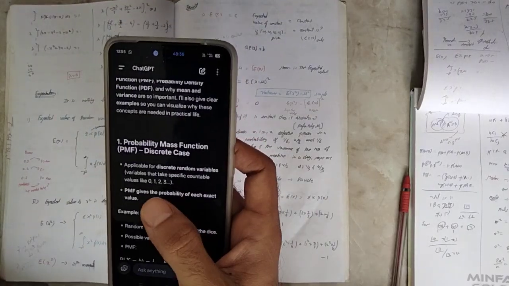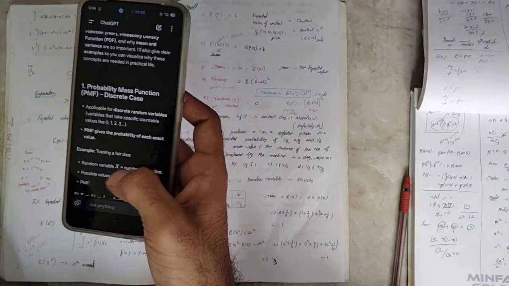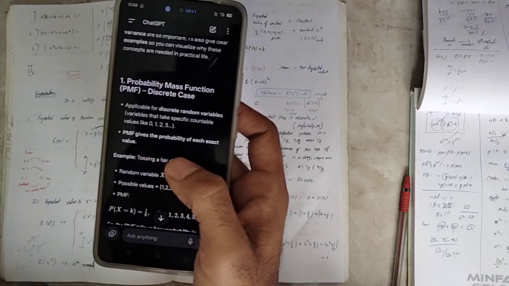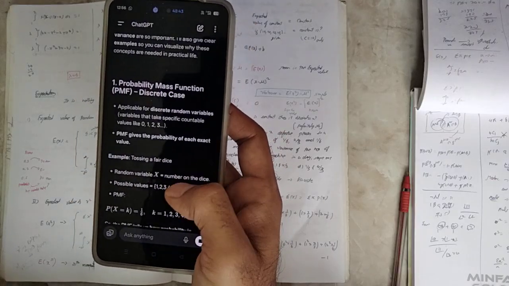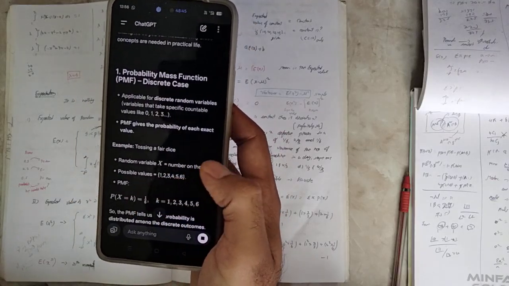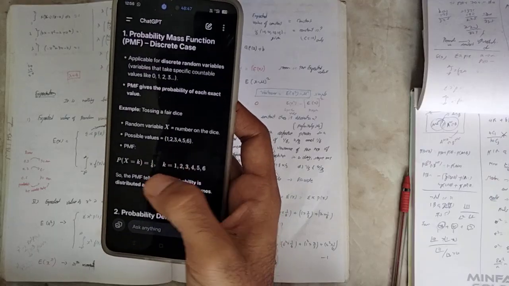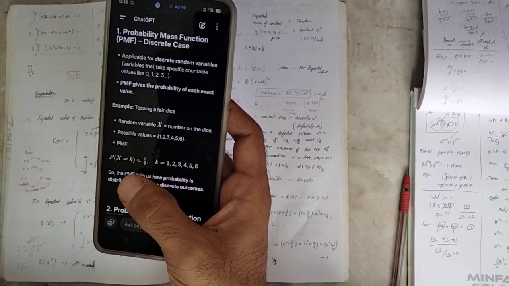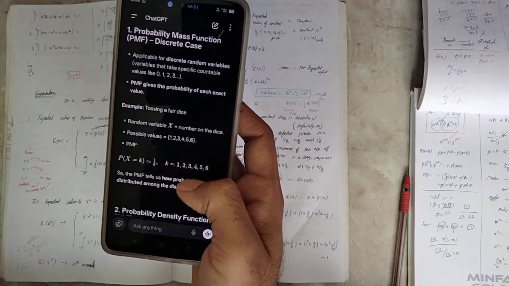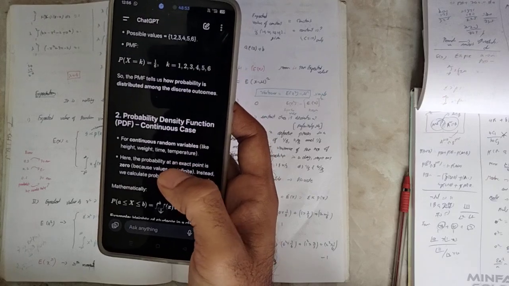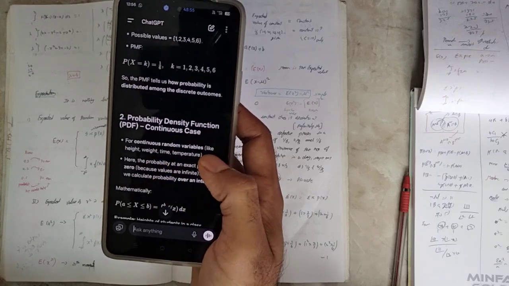So a discrete probability mass function gives the probability of each exact value. For example, tossing a fair coin, or a die, where the random variable takes probable values x equal to 1, 2, ..., 6, each with probability 1 by 6. Okay, so the probability density function is for a continuous random variable,